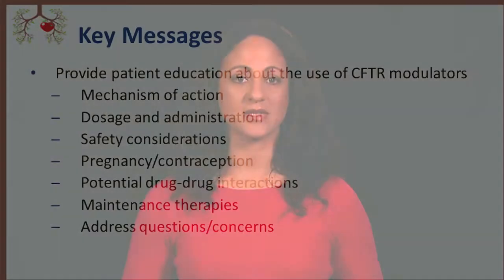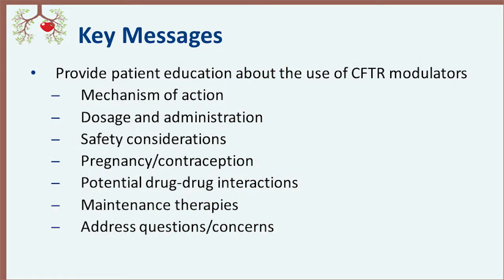In summary, when speaking with patients about CFTR modulators, there are a few key messages that you must get to them. The mechanism of action should be reviewed briefly. We should talk about the dosage and administration, particularly the fact that they need to be taken with enzymes. Safety considerations should be discussed. It's very important to talk about pregnancy and the fact that they should not become pregnant while on this medication, and the fact that hormonal contraception alone is insufficient. You should discuss the potential drug-drug interactions, the fact that they need to stay on their maintenance therapies, and then address any other